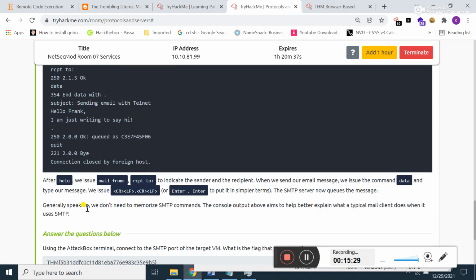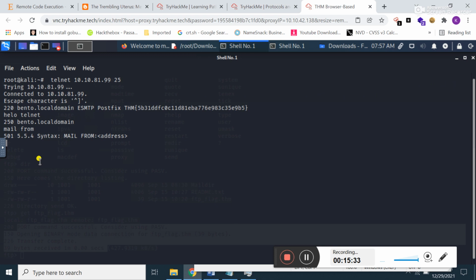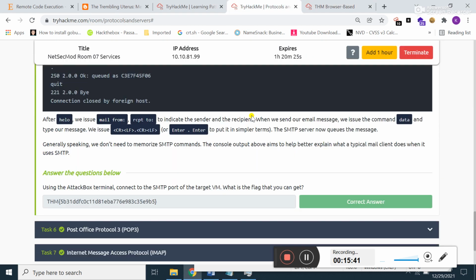In this way you can use different commands here. So guys, this is about this task.